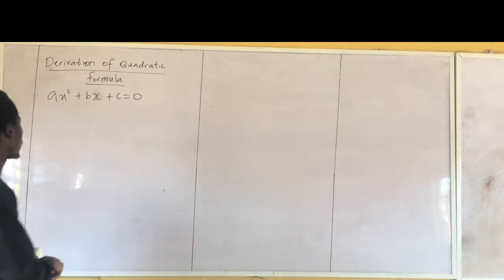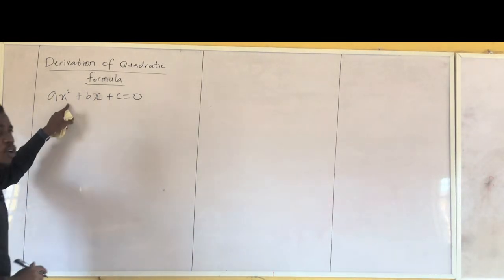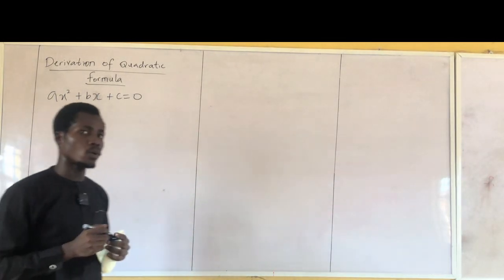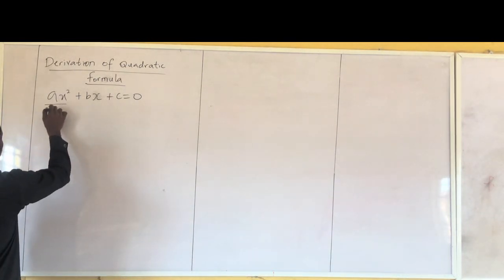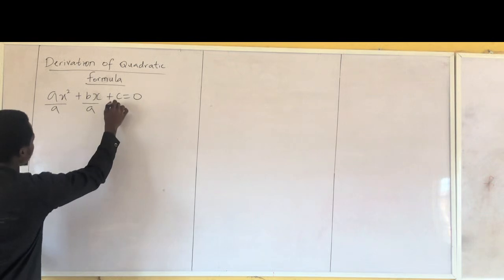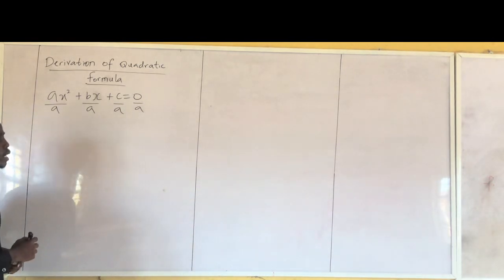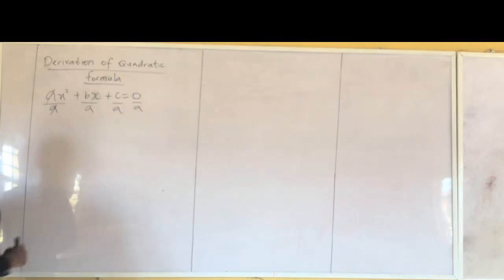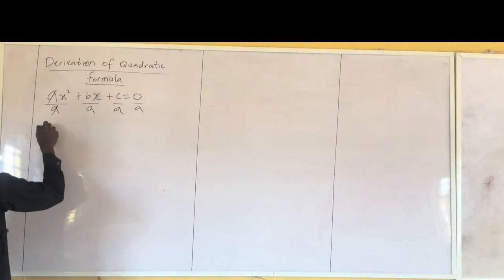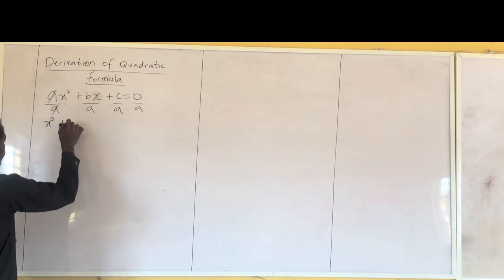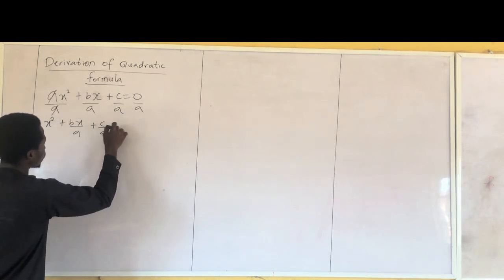Now the first thing we are going to do here is to divide all through by the coefficient of x squared. What's the coefficient of x squared here? That is a. So you divide all through by a: ax²/a + bx/a + c/a = 0/a. In this case, a can cancel a because they look alike. So what do we have left here? We're going to have x² + bx/a + c/a =